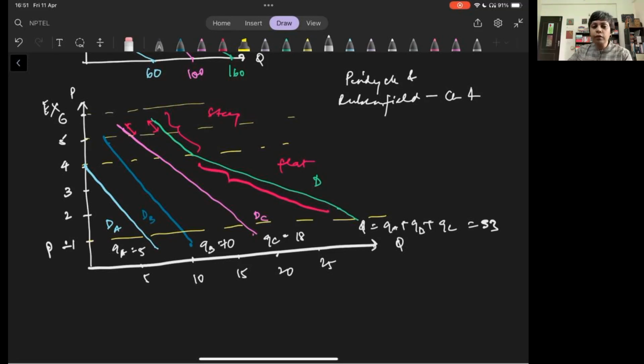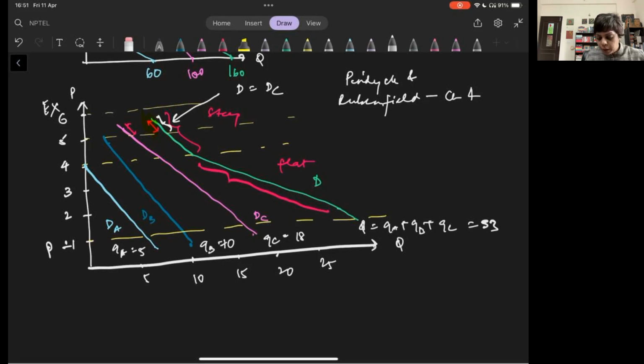And if you look at that and you try to draw these diagrams yourself, because right now I'm explaining it's just jargon. If you draw it, you will understand what I mean by flat and what I mean by steep. Steep and flat is nothing but how Q is changing with P, right? So for this part of the demand curve, let's say here, D is equal to DC, right? In this part, the slope will be the same as DC, and DC is a little steep.